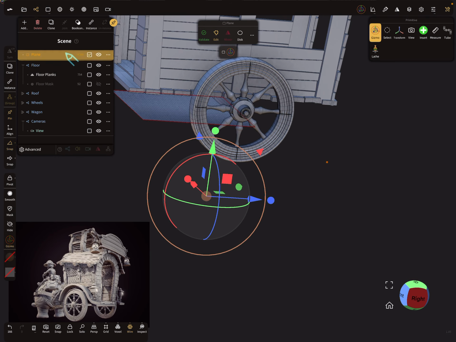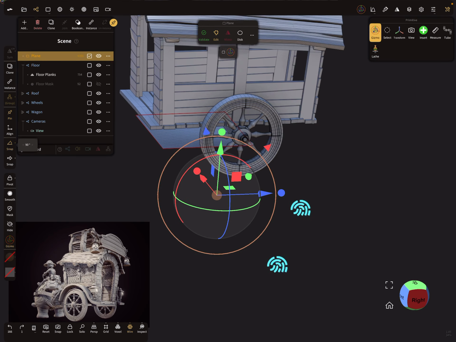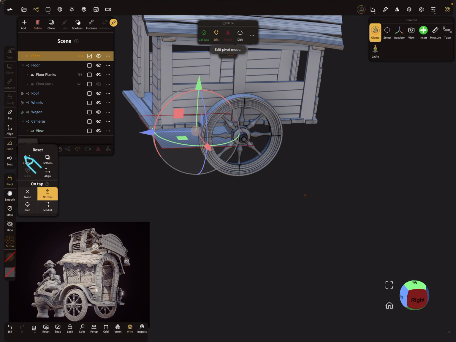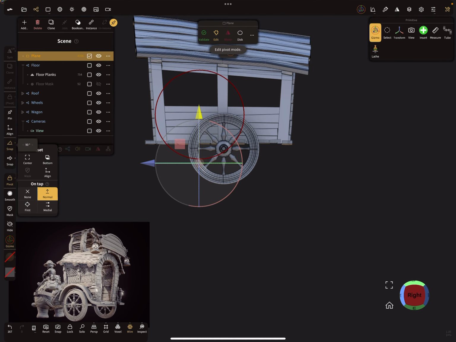I don't see anything. Is it so small or no? Here is the plane. Ah, the pivot is pinned. So center. So I place it here on the ground.